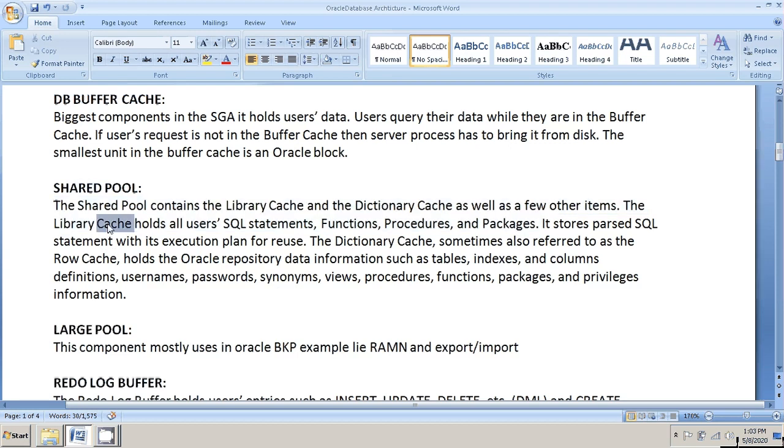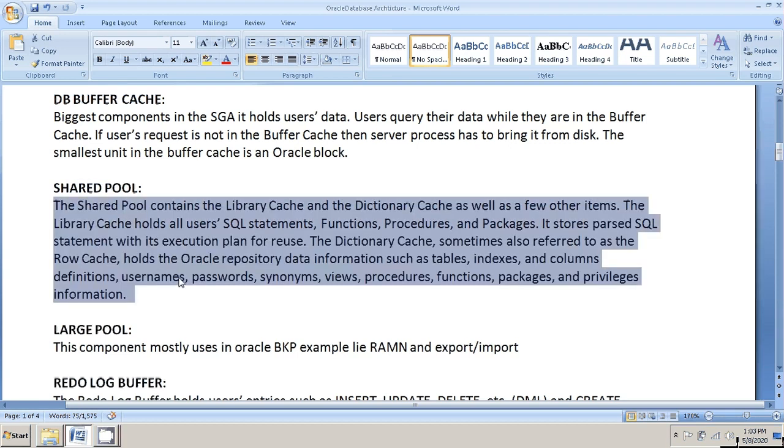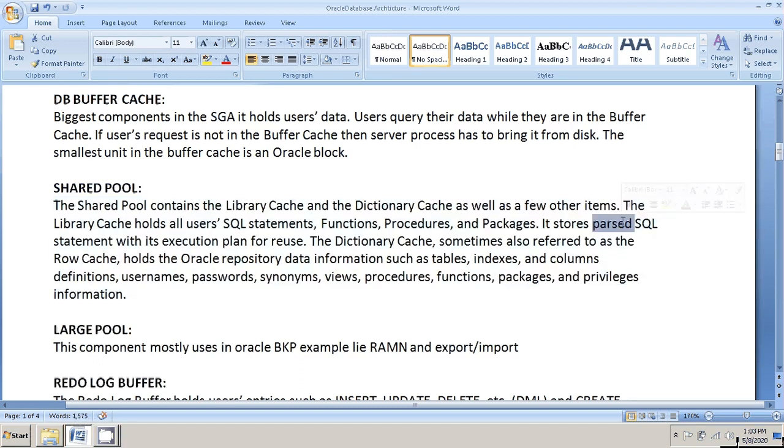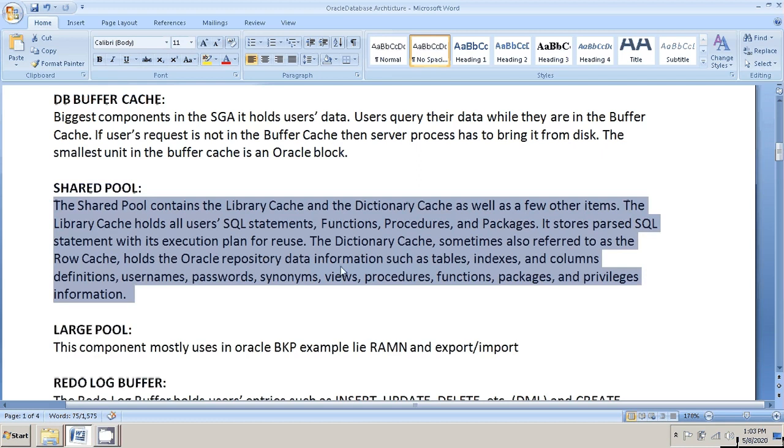The dictionary cache checks the permissions, and the library cache stores the query and its execution plan for reuse. The dictionary cache, sometimes also referred to as the row cache, holds Oracle repository data such as tables, indexes and columns, definitions, usernames, passwords, synonyms, views, procedures, functions, packages and privileges.